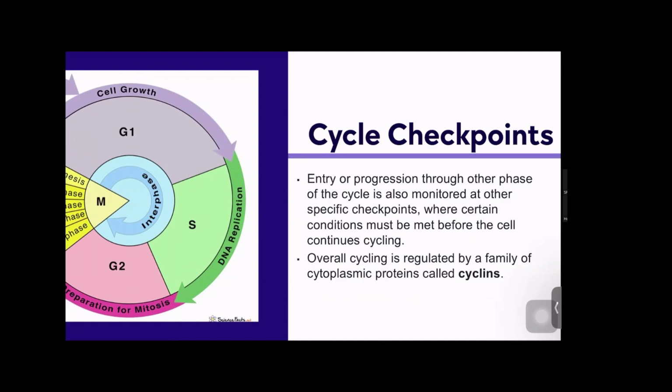Now, class, we have here our cell cycle checkpoints. Our cell cycle checkpoints are control mechanisms that ensure that the cell progresses through the cycle in an orderly and error-free manner. These checkpoints monitor the cell size, DNA integrity, and chromosome alignment before allowing the cell to move to the next phase. If errors are detected, class, the cell can either pause for repair or undergo apoptosis, or what we call programmed cell death, to prevent damage from being passed on.